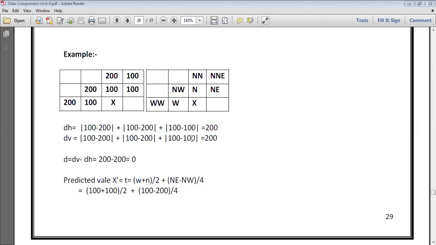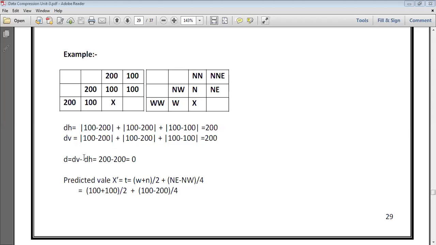सो इस प्रॉब्लम को सॉल्व करने के लिए जो हमने एल्गोरिथम पढ़ा था, उस एल्गोरिथम में ये था कि फर्स्टली वी कंप्यूट द डिफरेंस वैल्यू ऑफ dv और dh, and if dv minus dh is a higher value and the value of dv is more higher than the value of dh, then we prefer the best values, and if dh is higher than the dv, then we prefer the north values. And in third case, when their difference is very slight, or we can say very moderate, then we follow the various steps.